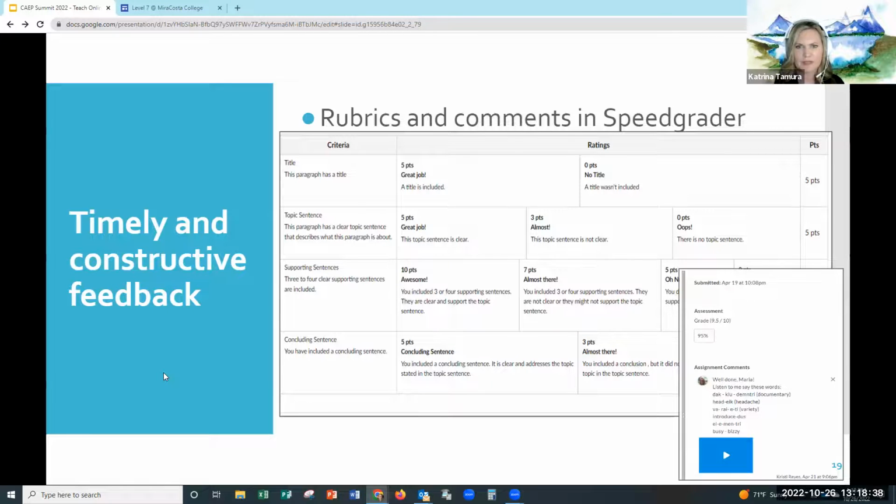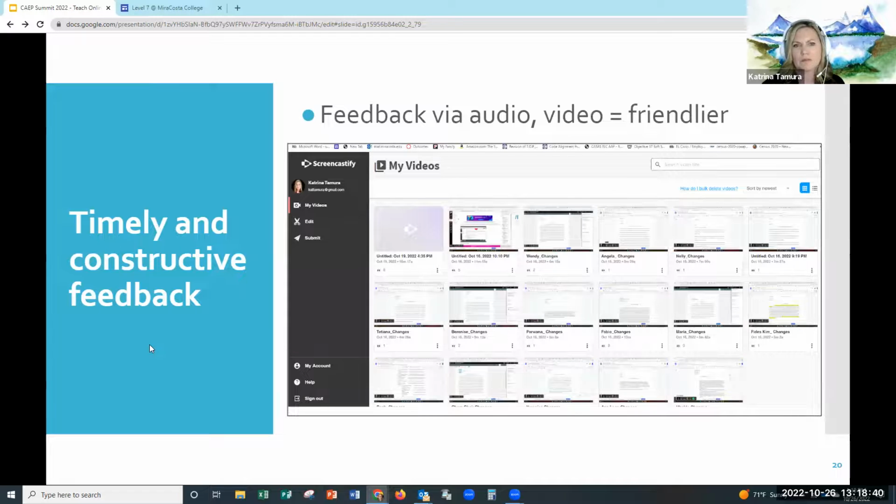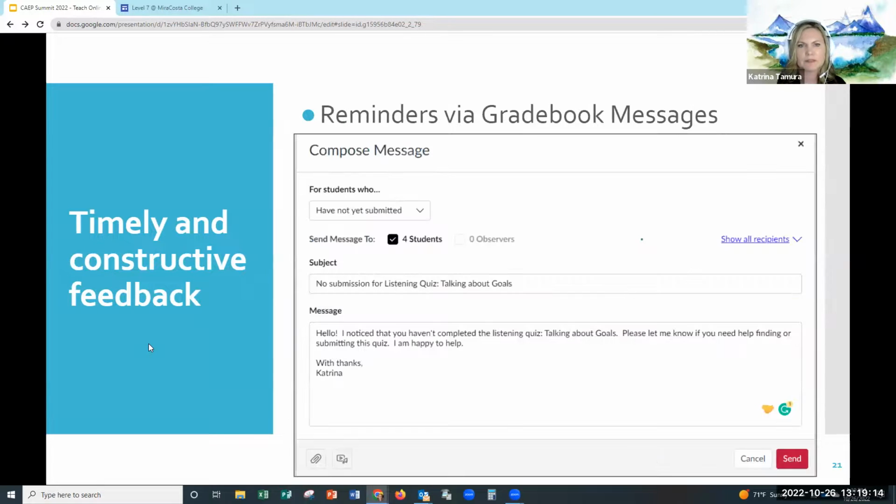And if you go to the next page, another one that I would suggest is Screencastify, something like this, which is really easy because it's something that you can use on your browser. You just click on it and you can screencast and then generate a quick link to your feedback file. And then you can insert that as a hyperlink in the personalized feedback you've given them, where you've written specific things that they've done well and things that they need to improve on. So this one is a time saver for me, although it does cost money.